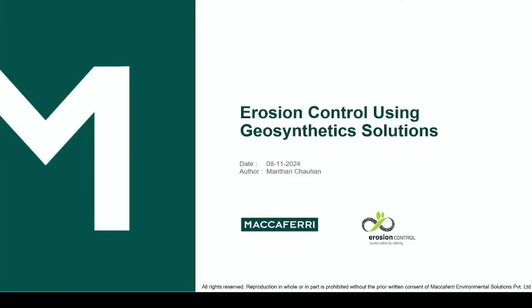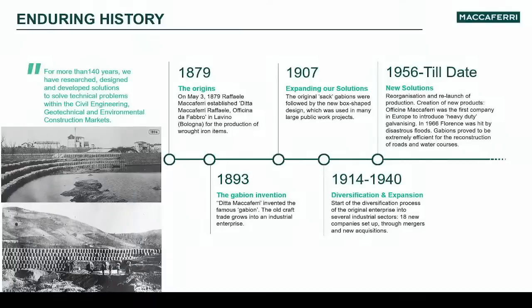Good afternoon, all. So I'm here to represent McAfee Environmental Solutions Private Limited. Starting with our introduction, we are basically an Italian company. We started in 1879 from Italy, and then we gradually developed different solutions. Primarily, the first solution which we invented was in 1893. It was a very basic solution, Gabion technology, which we see the use of that solution across the globe